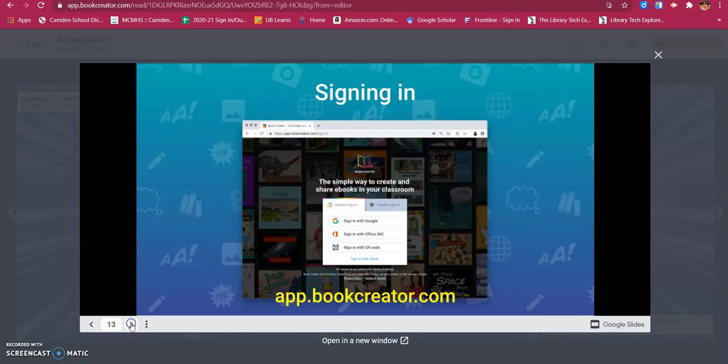Okay, as I said, this is a web-based app, so you're going to want to go to app.bookcreator.com. You're going to go ahead and stick that up in your URL box at the top, and you're going to want to head there. The first thing that you're going to see is going to be a student sign-in. That is, of course, not where you're going to be signing in, because we want you to have a teacher